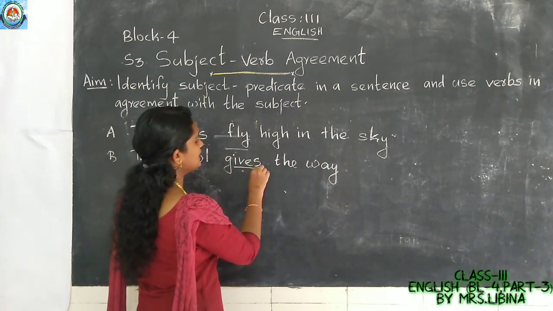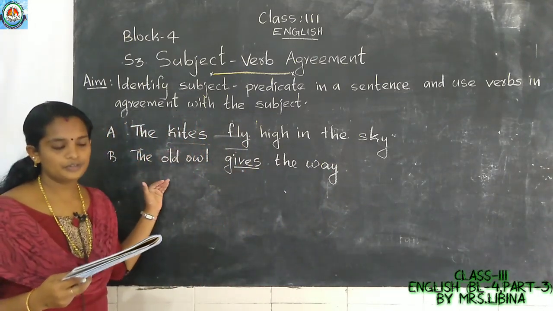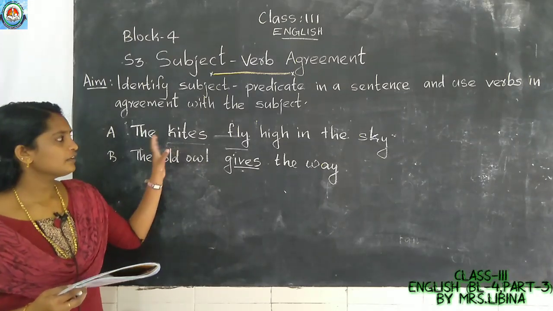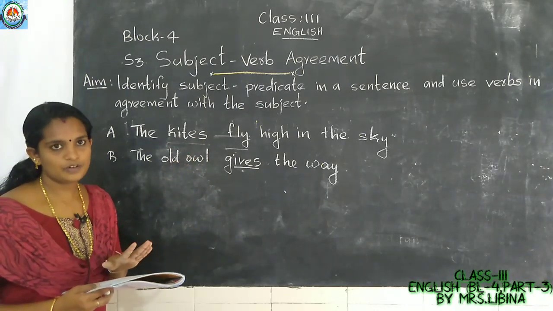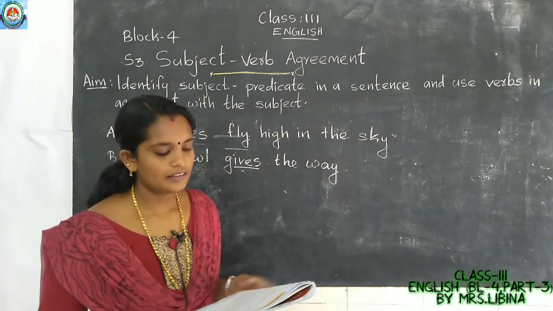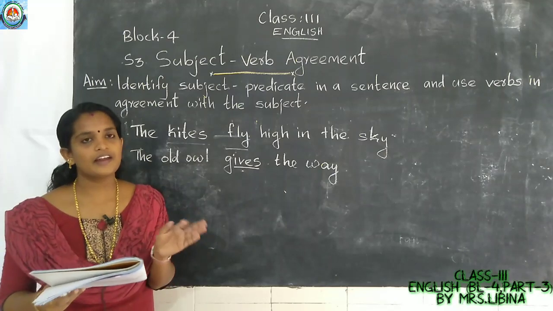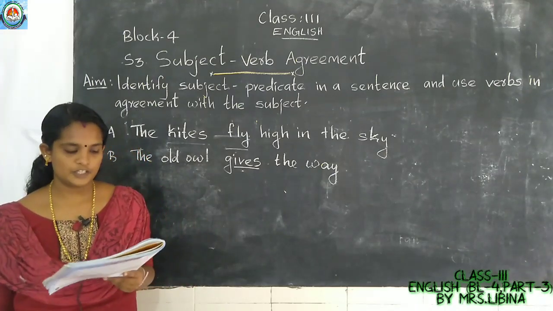Okay, gives the way. Then you have to do this first question as your homework. I am repeating, no one needs to copy the same answers to your textbook. Okay, you can write your own answers. Then the third one, the red dragon kite dash. Okay, the red dragon kite is singular, so according to that you have to use the predicate part.